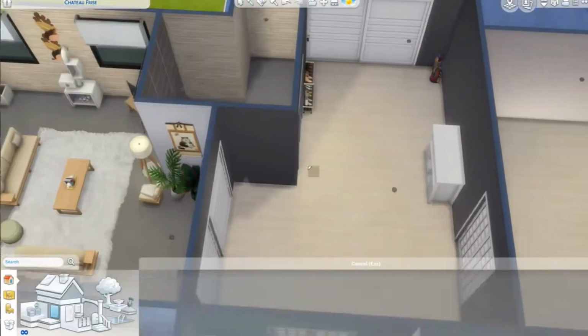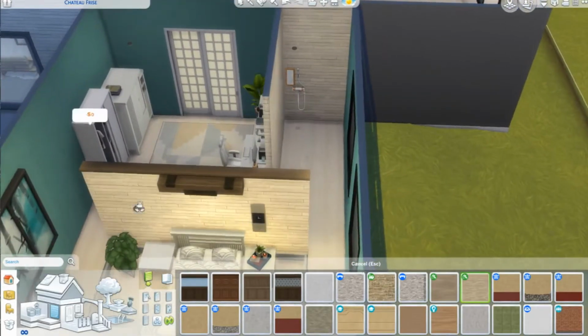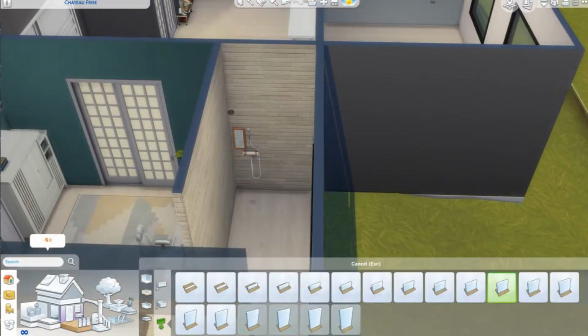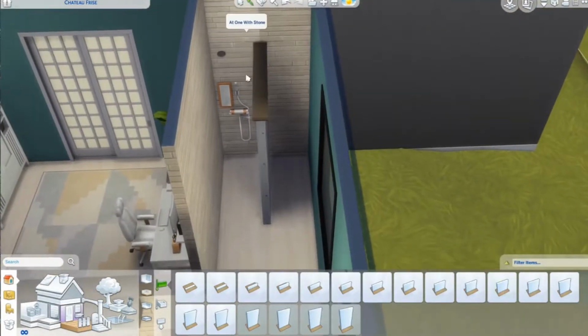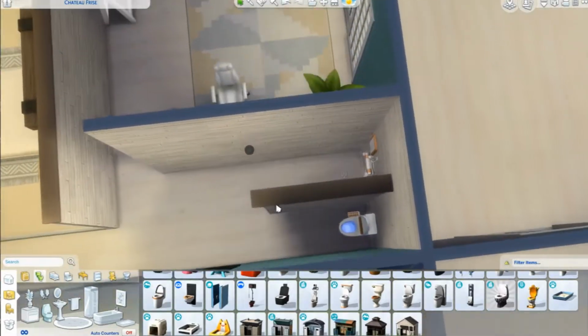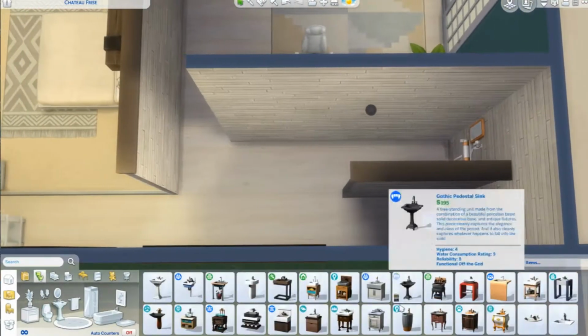And then we have our bathroom area, so I'm bringing the same tiles, which actually works quite nice because instead of the white it's a little bit less harsh on the eye. So we have the tiles instead, which works quite nicely with the flooring and everything. And then we have our shower and our toilet, and we have a sink as